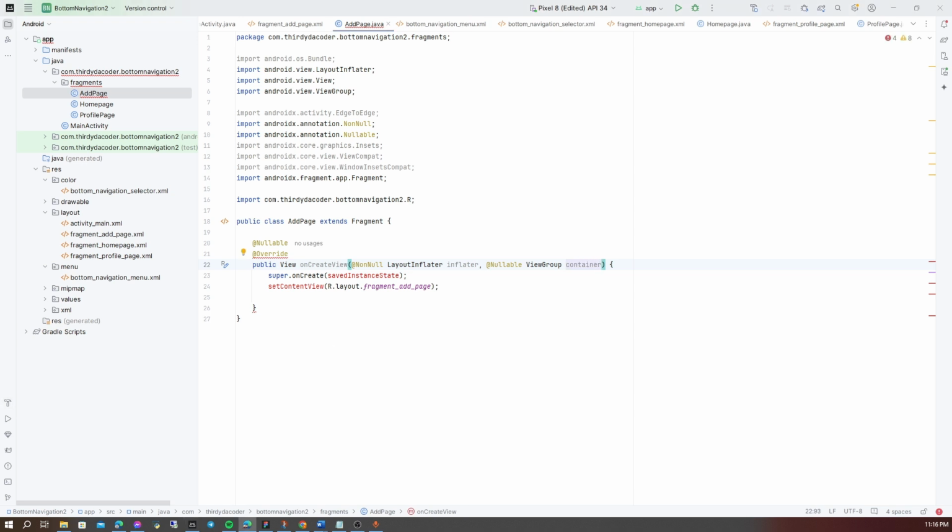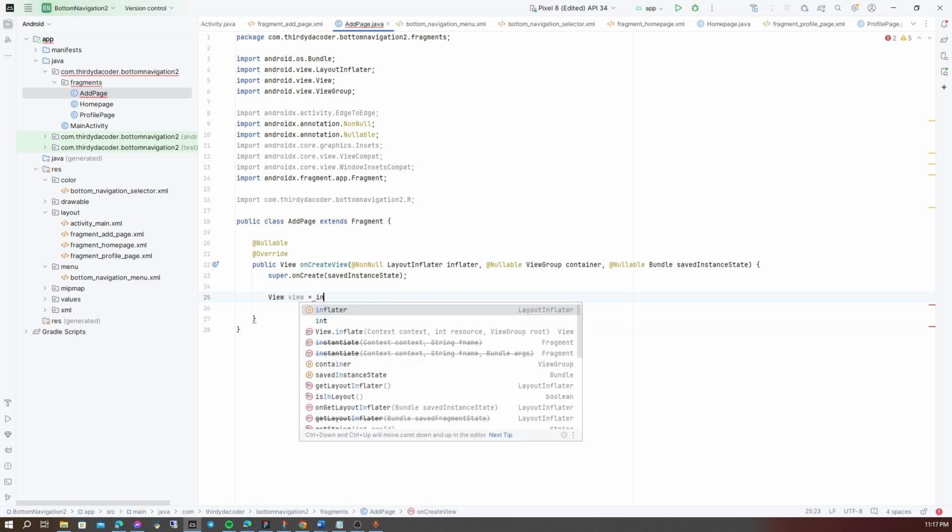Then for the last and third parameters, we can add the bundle, so saved instance state. Then we can remove this and change it to view equals inflater.